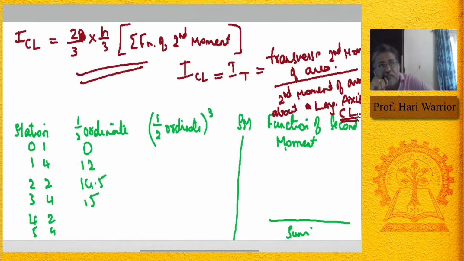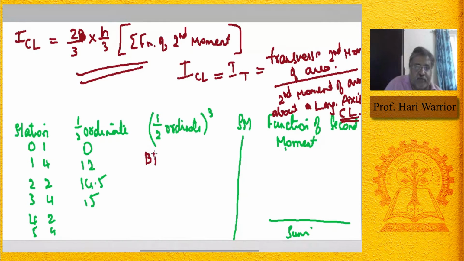Suppose I want you to find BM, then what will I do? I think I did BM. BM is equal to I by del. Delta always stands for weight or mass, and del always stands for volume. So it is I by del. That is the expression for BM. Can you find that for this problem? What I is it?